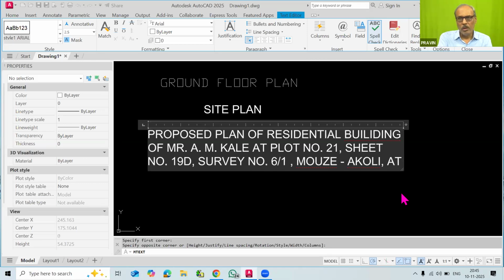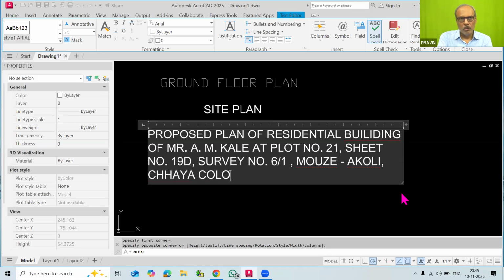If there is a name of that colony, you can also write it down. Chaya colony at post, taluka Amravati, or here the district also will be Amravati.